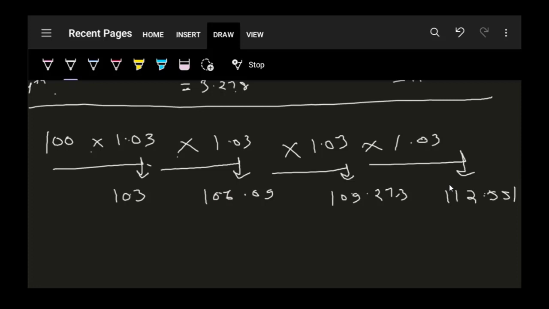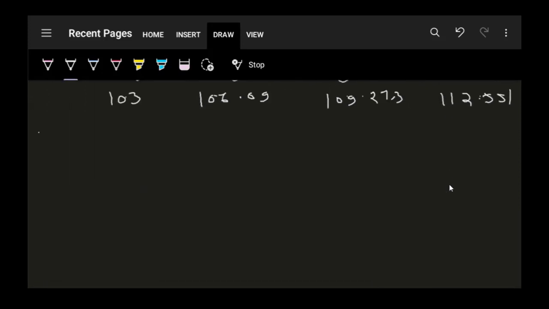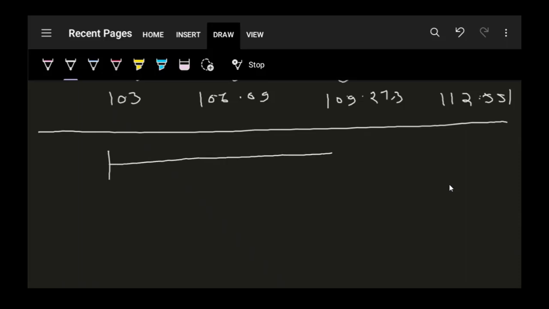Now we want to know how much you have earned in the year as interest. That is, you want to know the net effect of this compounding or the net rate for the year, for the complete year. Suppose I don't want to calculate the amount every quarter and I just want to know how much I've earned in total in this year. So what I know is that I invested 100 rupees here and I got 112.551 here at time 1.